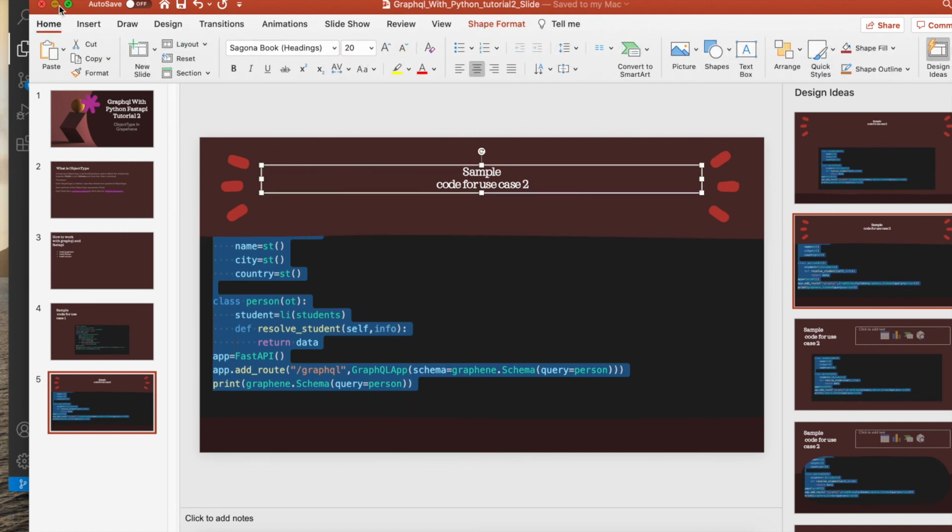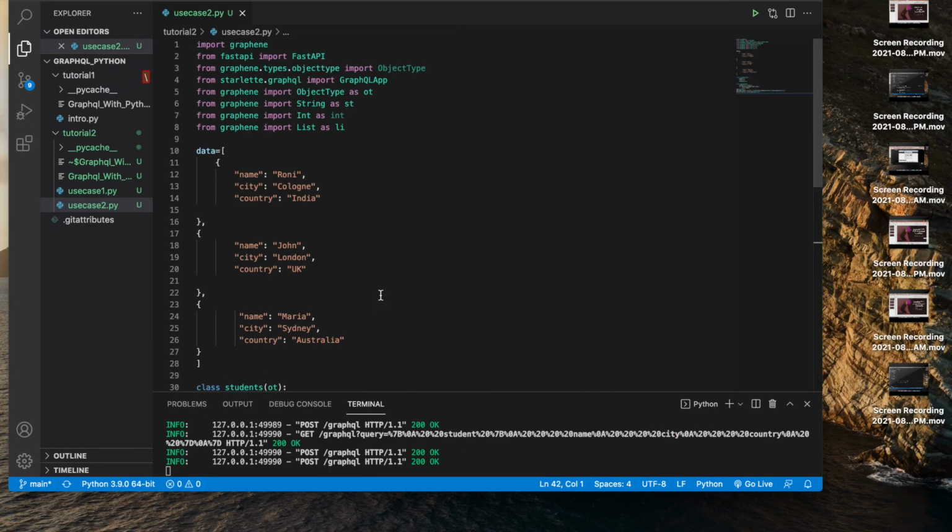Okay, so that's it. I hope you understand the concept of schema, the concept of object type, the concept of query, and hopefully the reference between different object types.